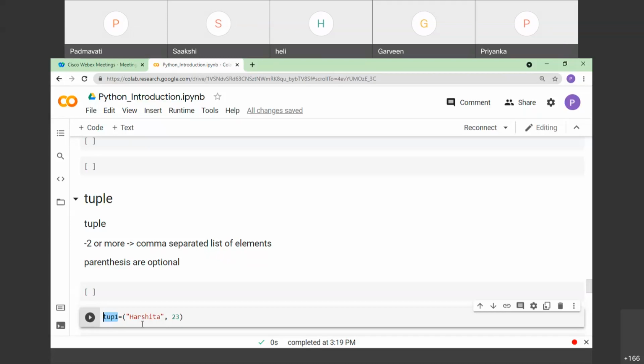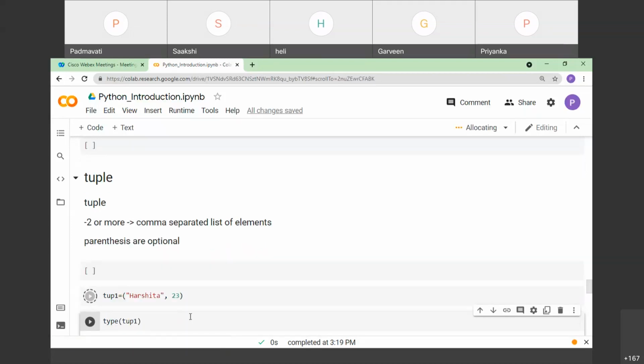For example, here I have created tup1, and inside this I have two elements which are not of the same type. One is string type, the other is numeric type, right? When I execute this, tup1 will get created.